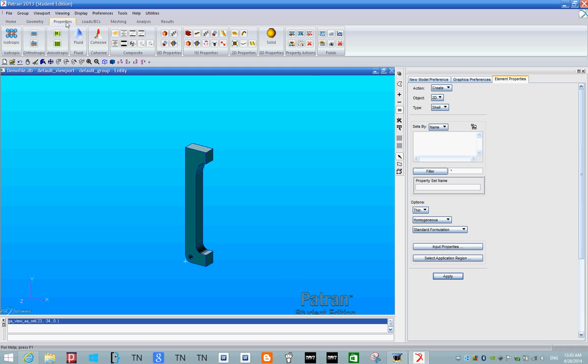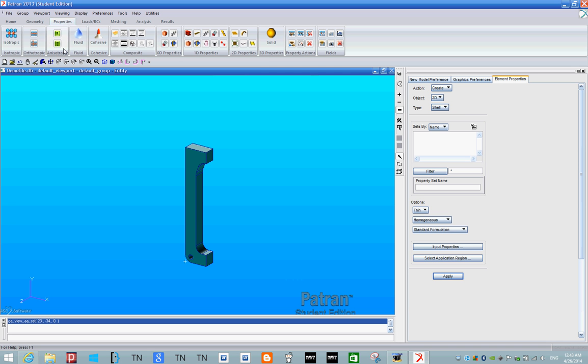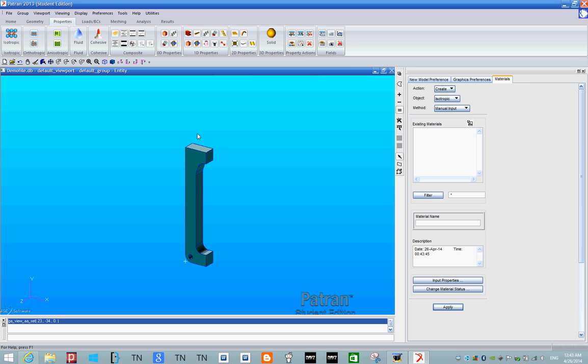Let's go to Properties tab. In the Properties tab, you know how in geometry I told you to use these guys all the time? In Properties, I haven't really gotten too fancy with it, so I just use the basic buttons. Okay, so first we're going to create an isotropic material. And let's just call this